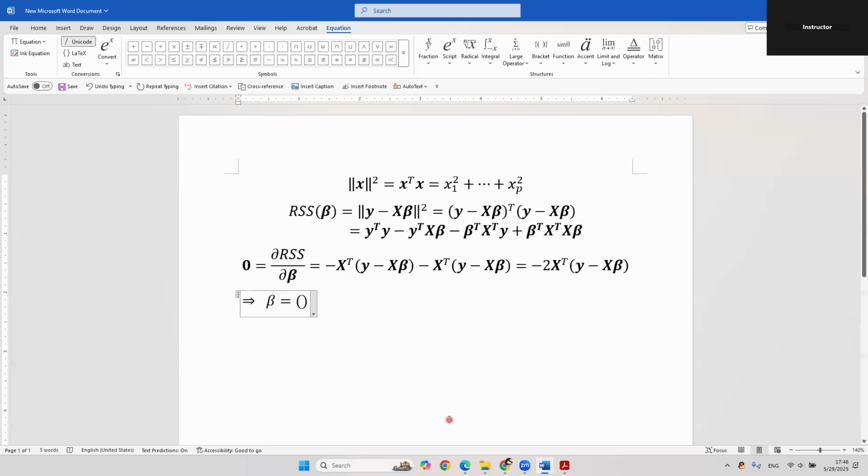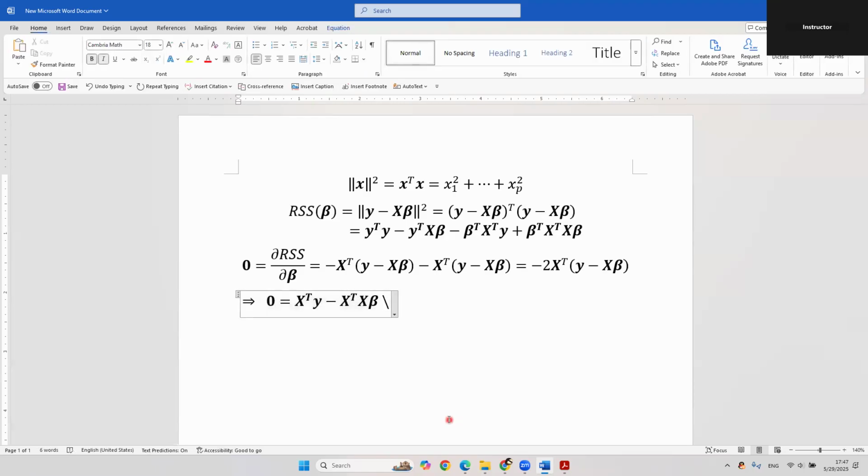One more step, 0 equals to -2 is going to be gone. So X^T y minus X^T X theta. It will be in this way. And then it's going to be super simple. Beta equals to what? Beta, of course, equals X^T X inverse, and then X